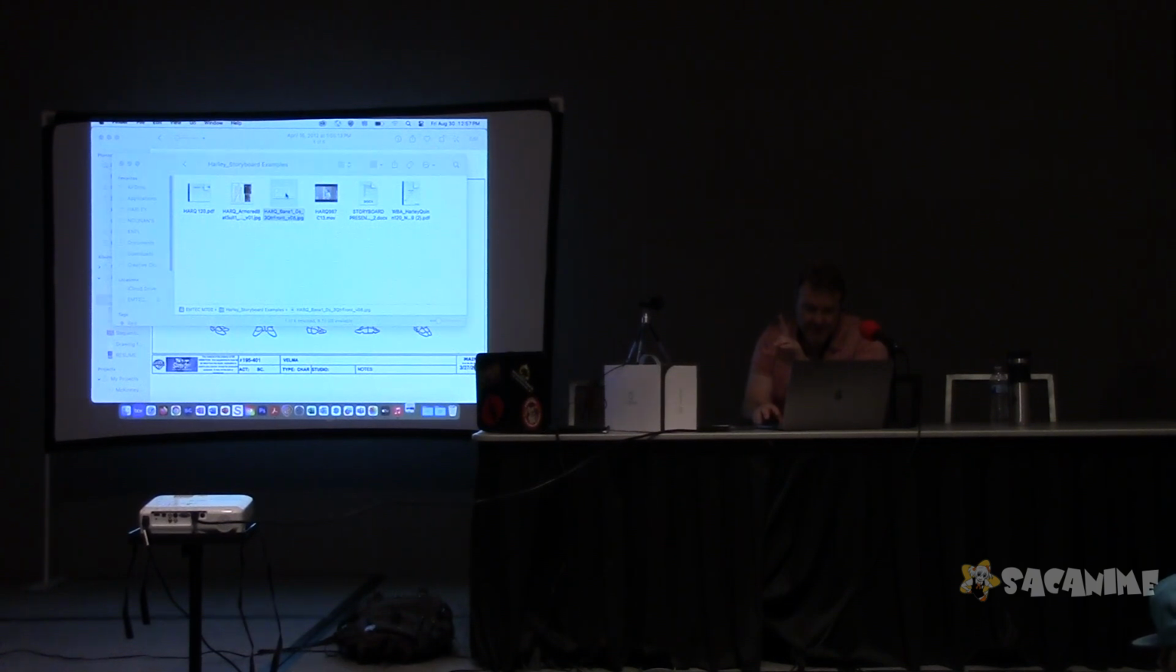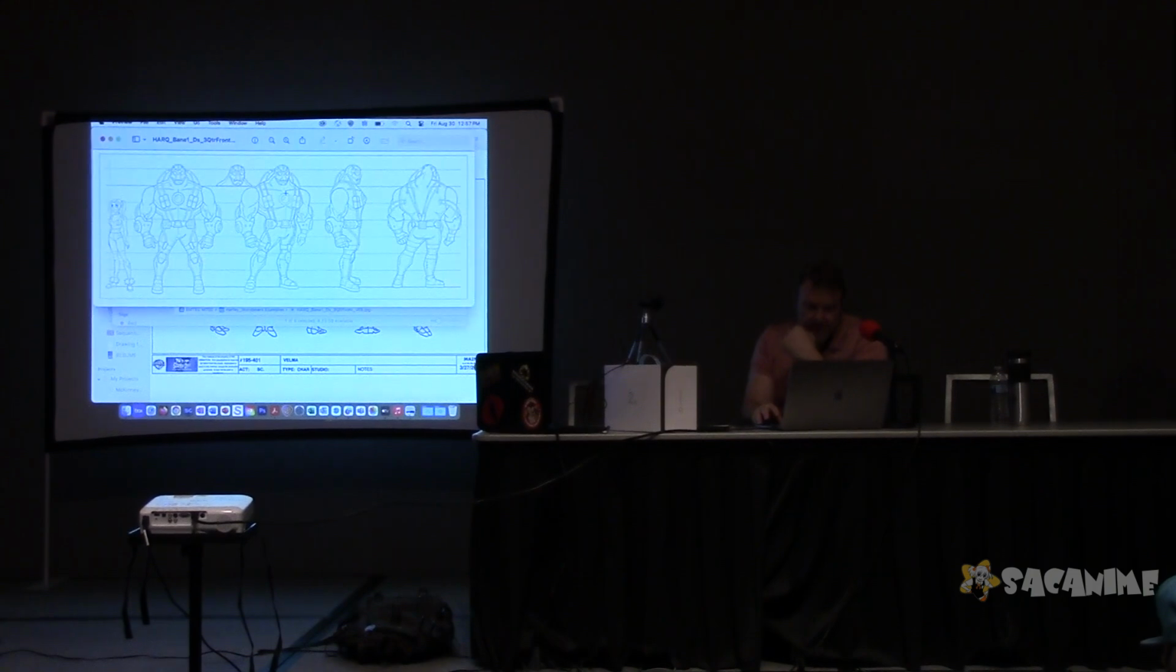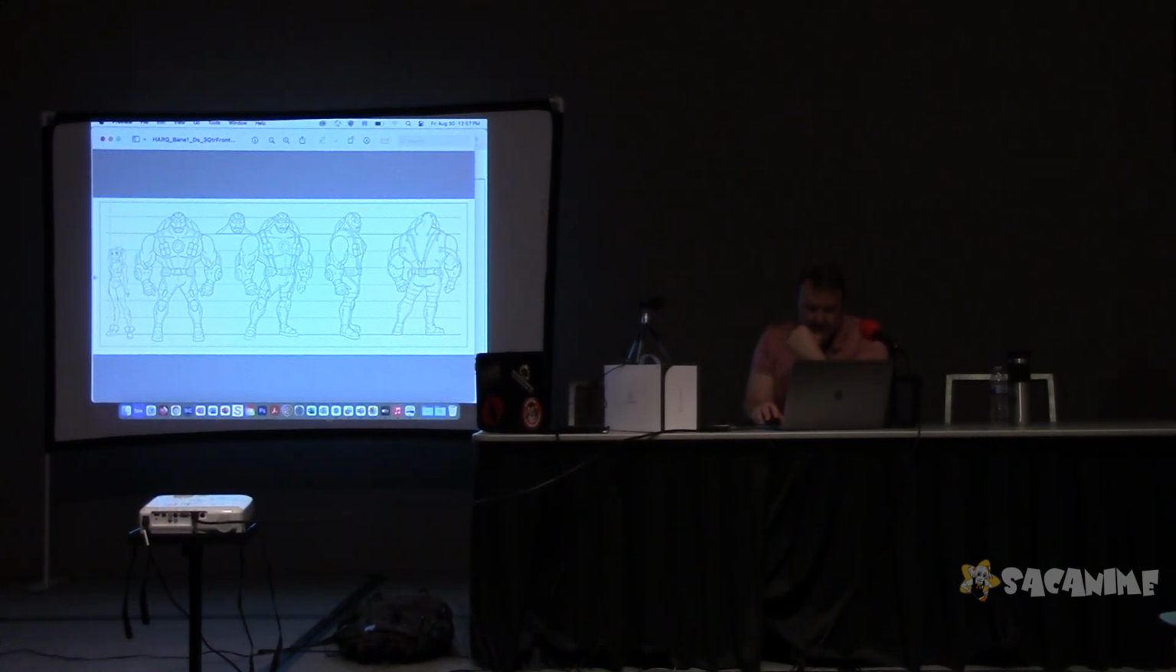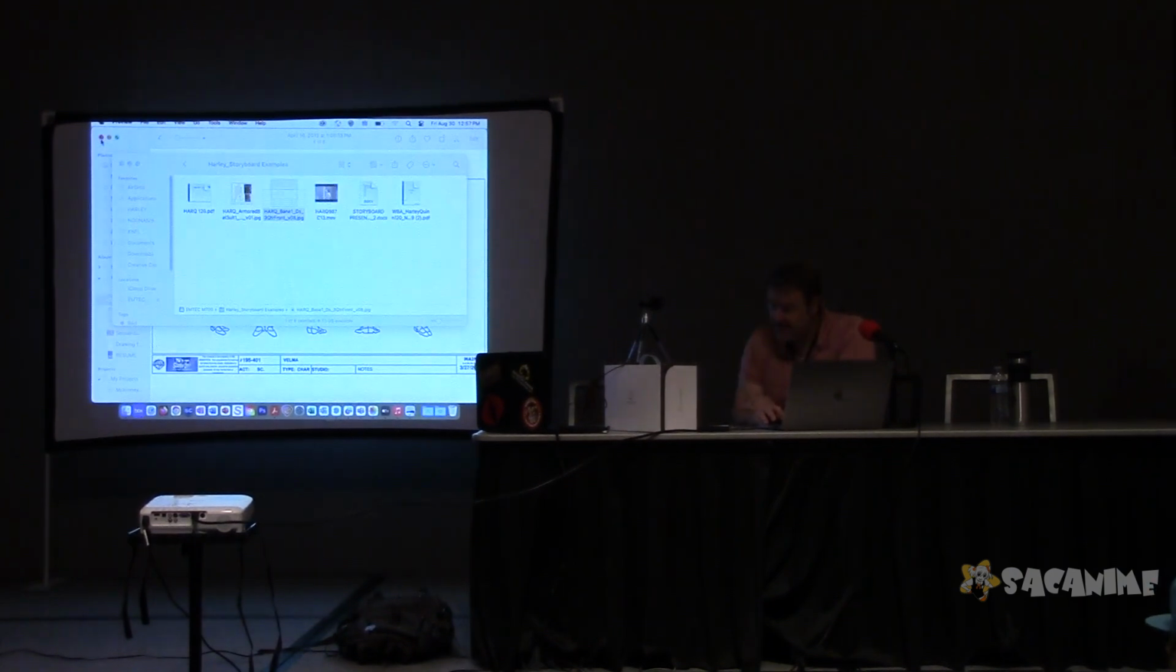Yeah, this is a turnaround of Bane from the show. But we will also often get a sheet of drawings that show a character expressing happy, sad, different expressions like that. So once you're all warmed up,